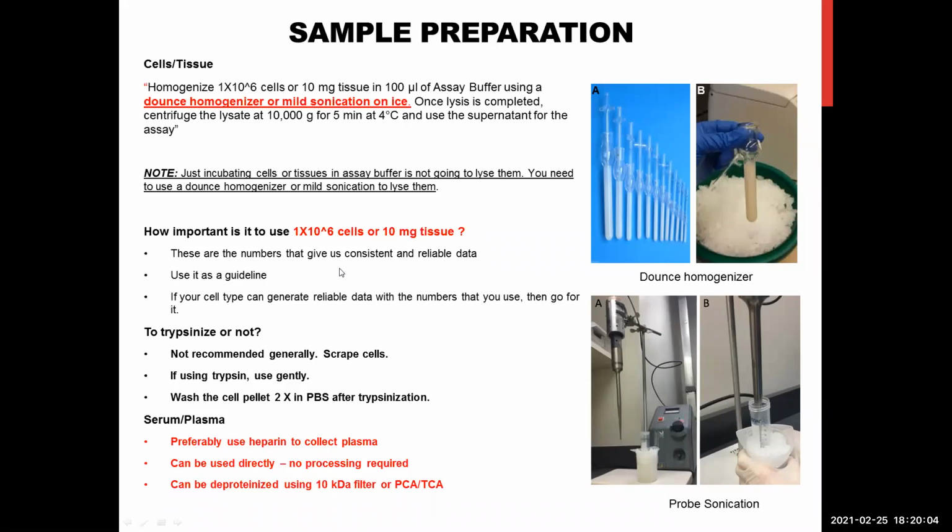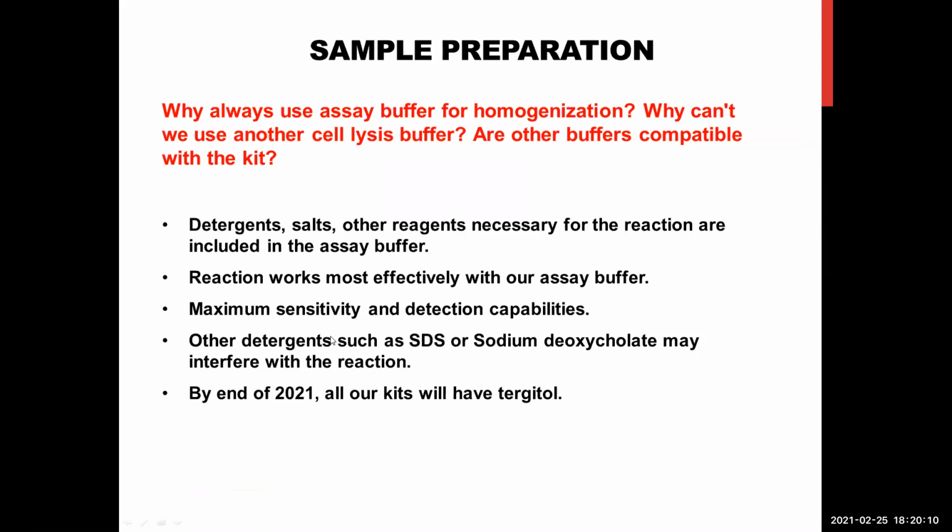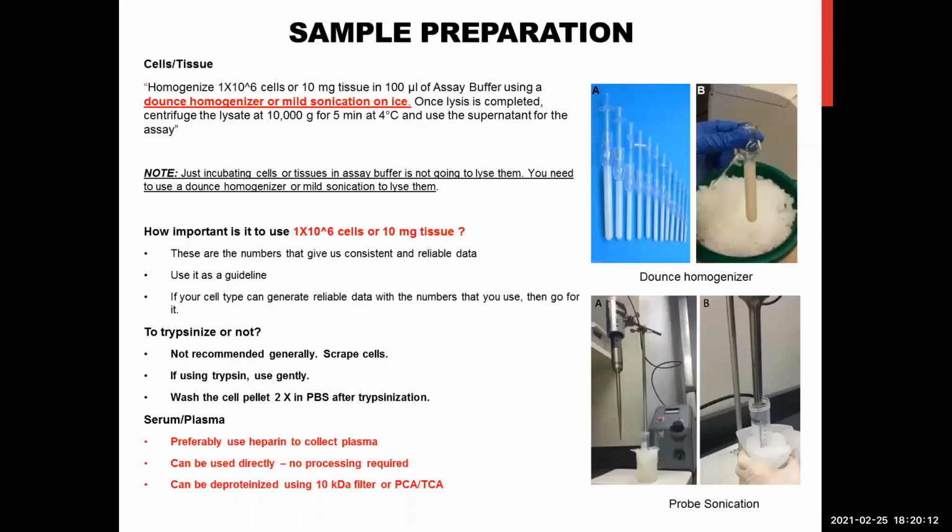Should you trypsinize the cells or not? That is another common question that we get from our customers. Trypsin is not generally recommended, but there are situations when you have to trypsinize the cells. In that situation, it is fine. You can go ahead and use trypsin. But the general recommendation for lifting the cells off the plate would be to scrape them off if you can. So just manually scrape them using a cell scraper and lift them off the plate, put them in a tube, pellet them, and then add the